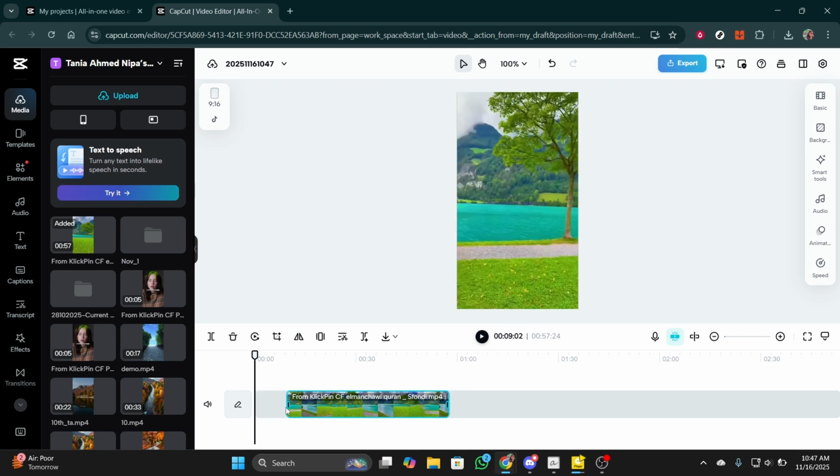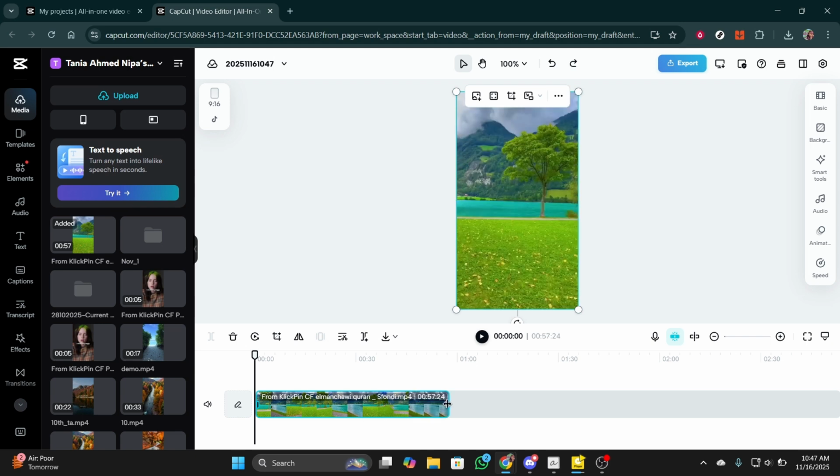And there you have it. You've successfully trimmed your video in Capcut. Remember to save your project frequently to prevent any loss of work. With these steps, you can now polish your video